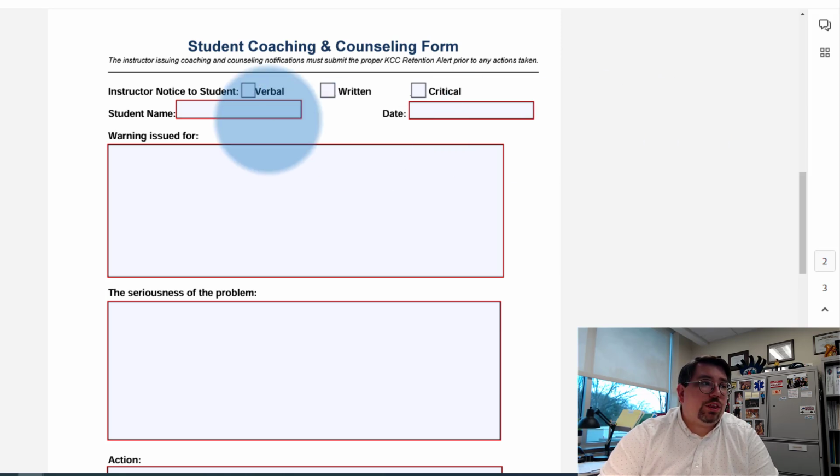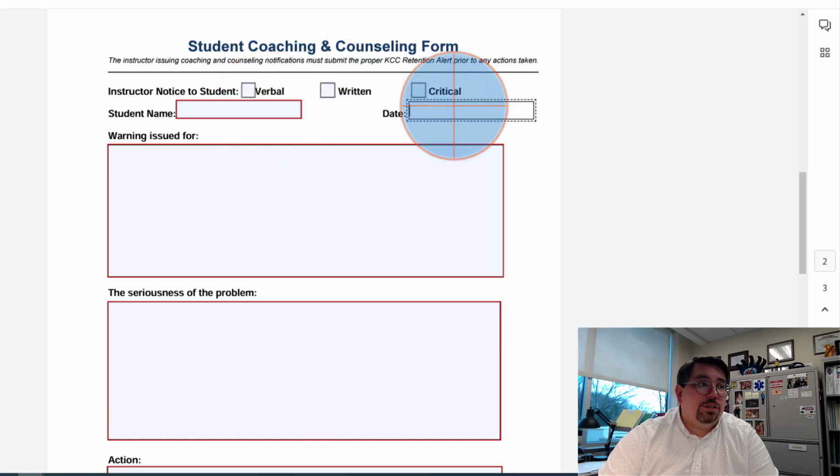From here, we've got three processes. We have a verbal, a written, and a critical. And our handbook identifies certain things that would classify immediately as a written or immediately as a critical. A critical, for example, could be up for dismissal from the program. A verbal may mean that, hey, you came late to class a couple times. We need you to get on top of where you need to be. And, hey, maybe it progresses to a written if they continue to have problems with attendance, up until eventually it progresses to a critical. So this does help you with that paper trail.